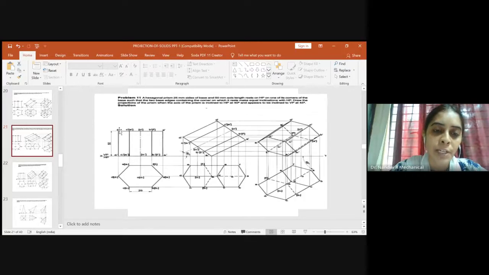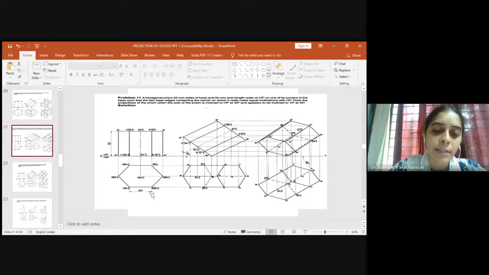So when it comes to the front view, it will be D dash. And now again here you have C and E. Both are along the same line. So when the observer views from here, C will be visible and E won't be visible. So when it comes to the front view, it will be C dash and E dash.